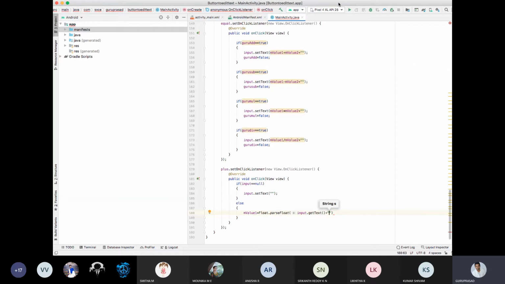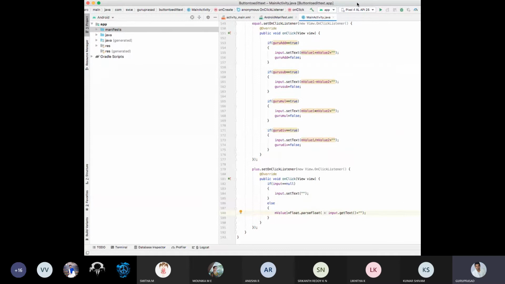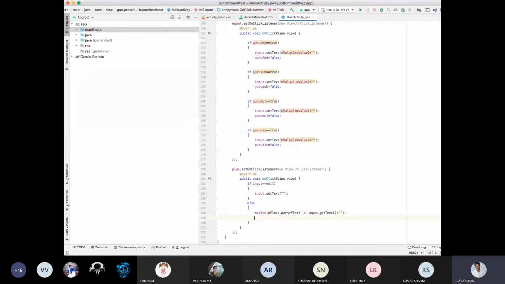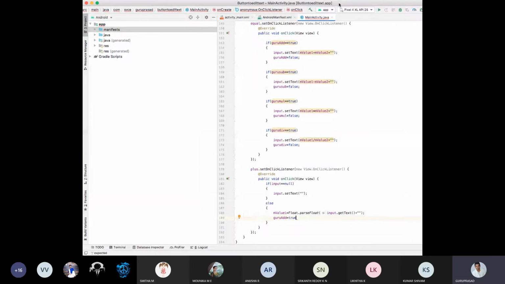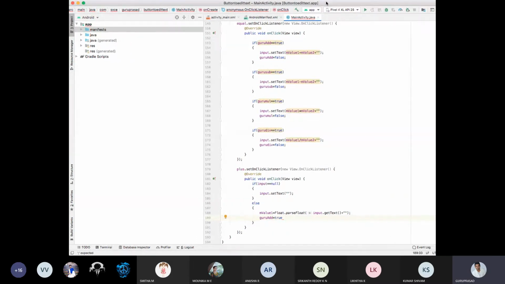Okay, this is your m value 1. Next you can say yes, guru add is equal to true now. Next input dot set text will be null.